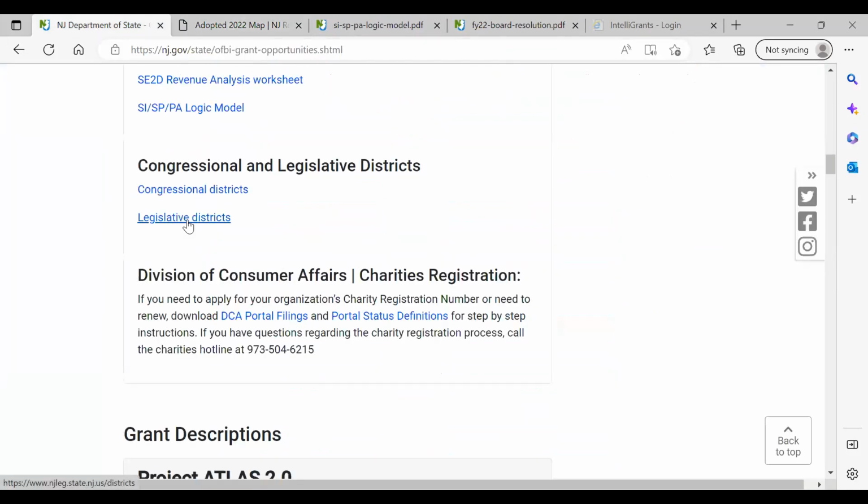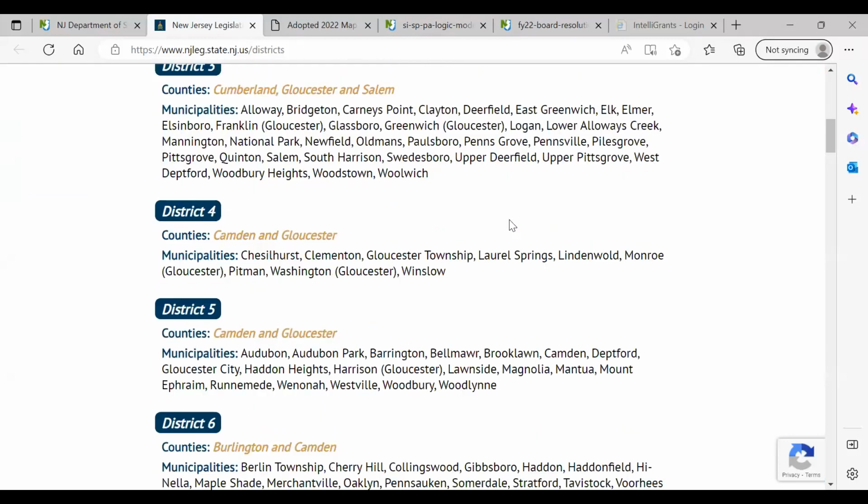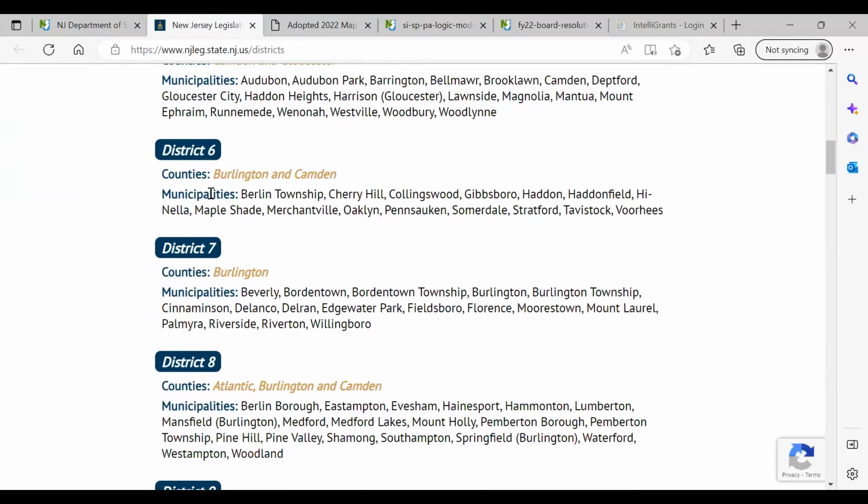For legislative districts, you click the legislative district link, scroll down, and find your county and see if your municipality is under District 6 or District 7. For example, Burlington is under 3 districts.